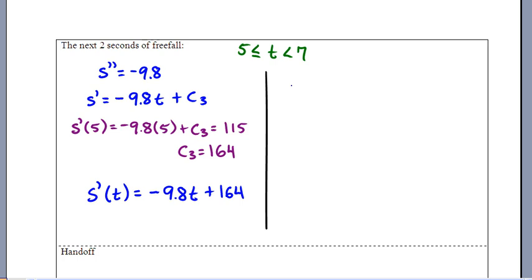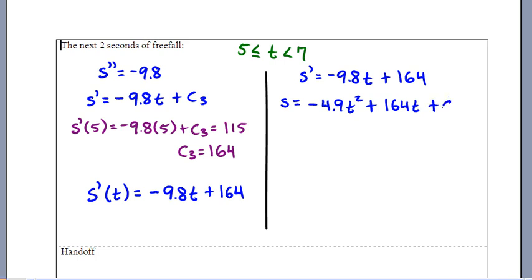I'm now going to take that and say, okay, s prime is equal to negative 9.8 t plus 164. I'm so thankful there are no s's on that right-hand side. So I can just do an antiderivative, and I can find a position machine that works for these 2 seconds. And I end up with negative 4.9 t squared. You pick up a half from that t squared, plus 164 t,